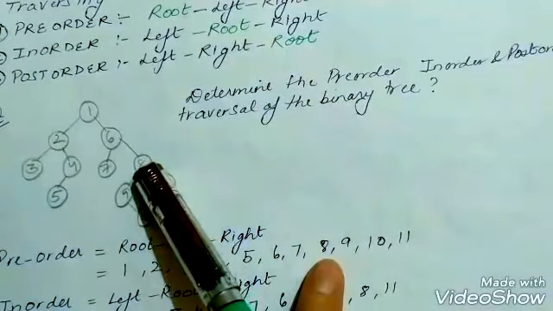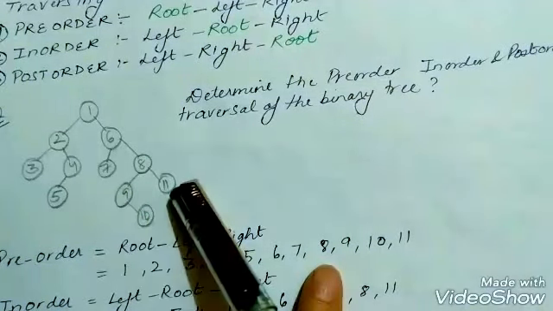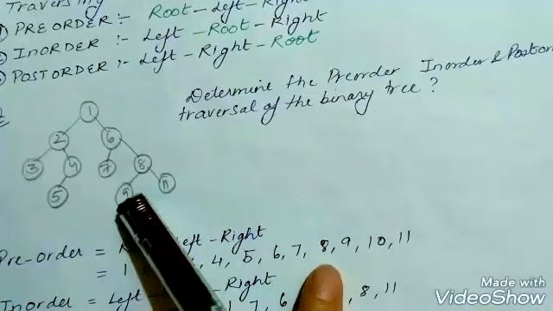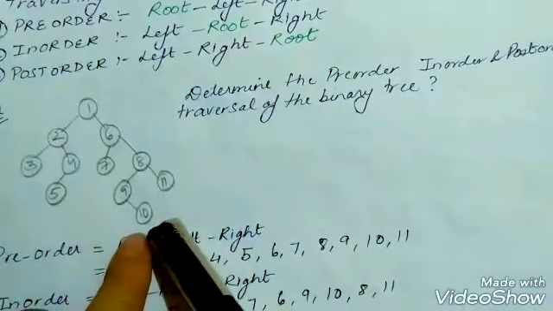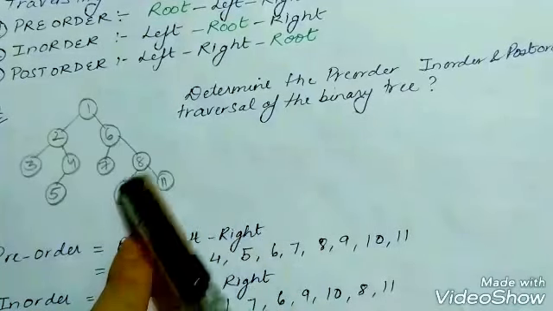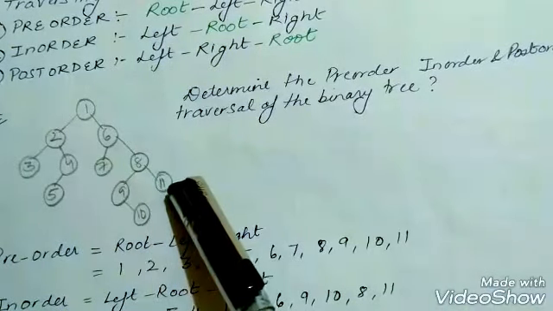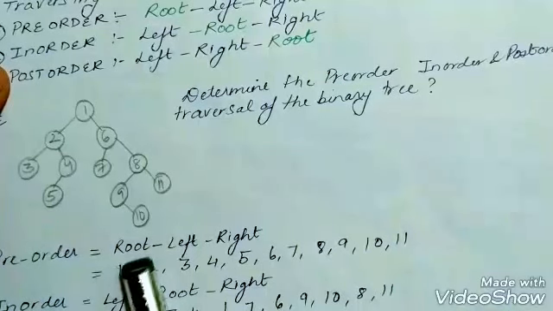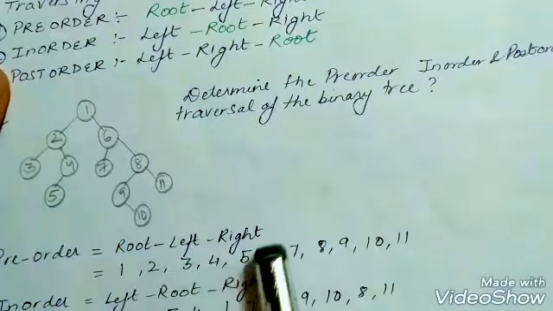So 8 was the root. From the root, we move on to the left side. We have 9, and from 9, we will move down. As we can see, to the right of 9, we have 10. So we take that and we move back. And then from the node 8, we take our right node and we get 11. So what you need to do is just follow this path: first root, then left, and then right.